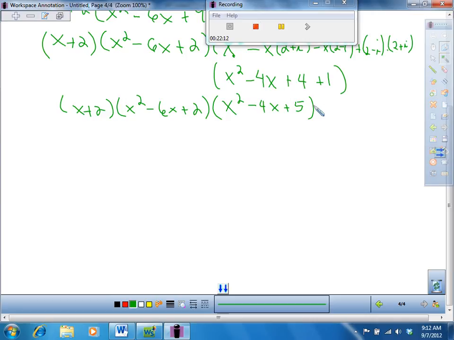And your polynomial ends up being x to the 5th plus 2x to the 4th plus 7x cubed plus 14x squared minus 10x plus 20. Okay? So I don't think I'm going to make you multiply that all out on a test. I think I've given it in the past. You can make up